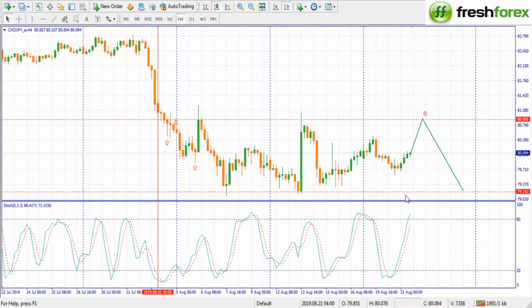This is the correct time to look for a sell. So you're not just selling because the indicator is showing you a sell. You are selling because both price action and what the indicator is showing you are actually the same thing. Both of them should support each other. If you find that one is showing you a sell and another one is showing you a buy, then there's